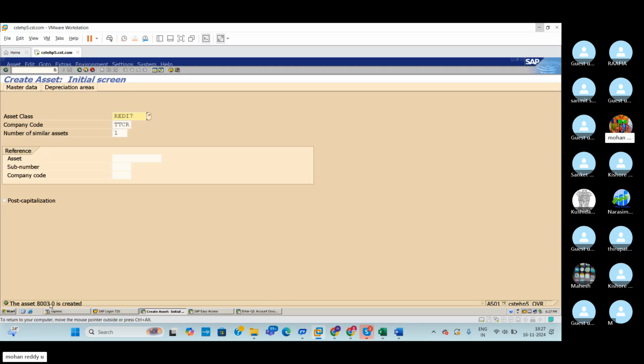So here you can see asset 8003 was created. Why 8003? Because I already created the asset number range 8001 to 9000 for this particular kind of asset, so the system picks 8003. I already created 2 GL accounts in the previous section. At the same time, under the asset class, we have the option to create 1000 related assets. So now we created the asset. Now if you want to check the asset data,